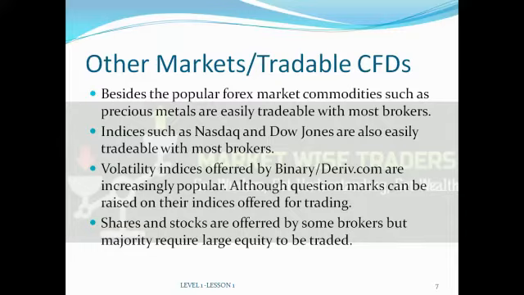It's basically like an index, like the NASDAQ, where they check how volatile the market is, how much it is moving, and you can trade CFDs on it. You can place a trade to say if it's going to go up or down. That is binary.com or deriv.com. You can check on the internet and see what they offer. I've traded it. And then shares and stocks,